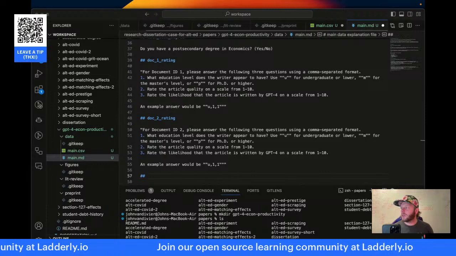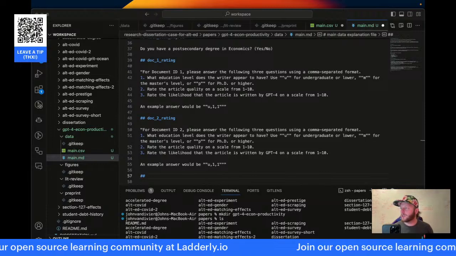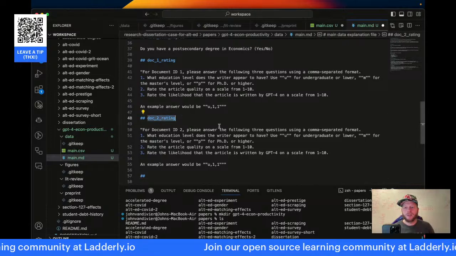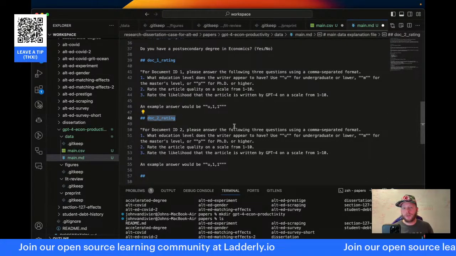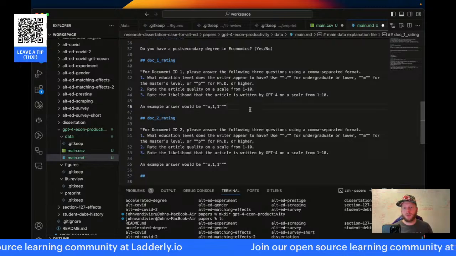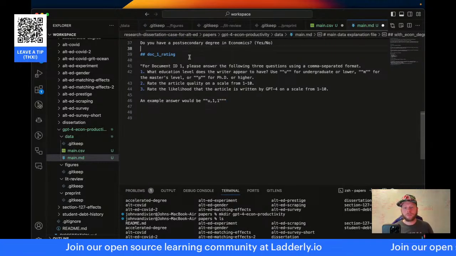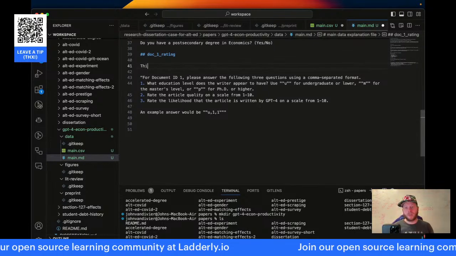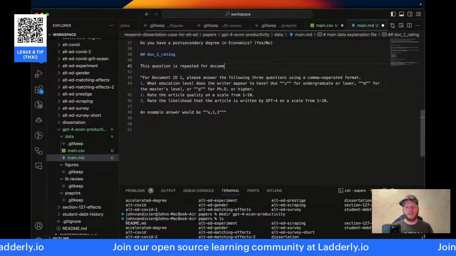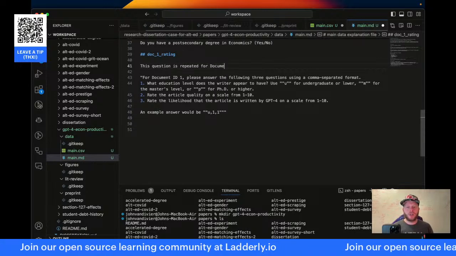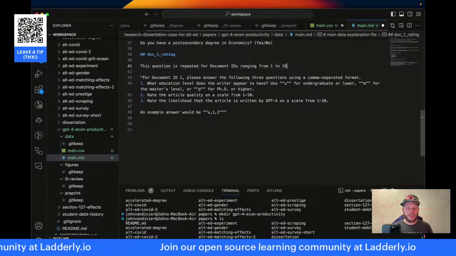But they are all the same thing except for the document ID, up to 18. So they range from 1 to 18. This question is repeated for document IDs ranging from 1 to 18.